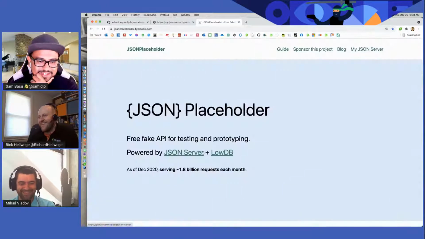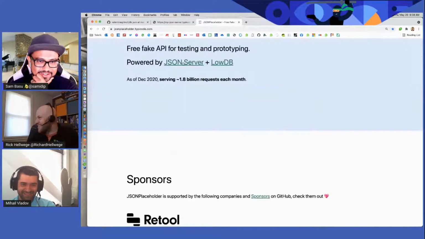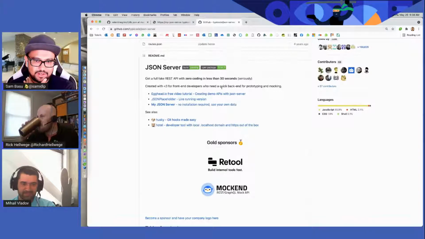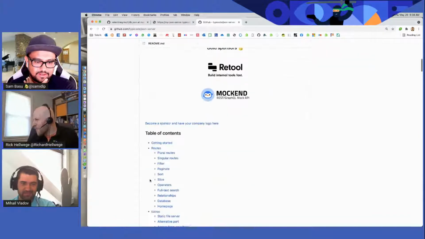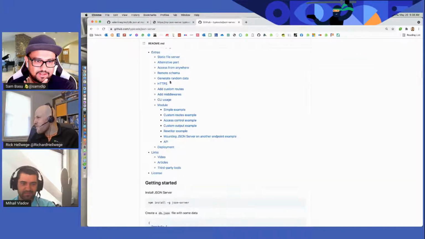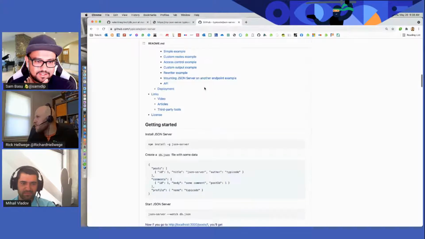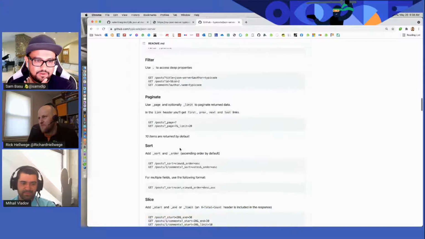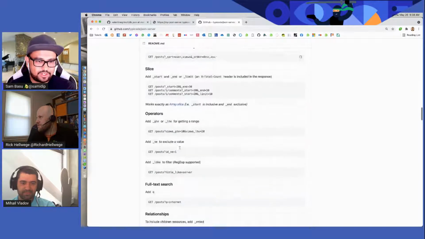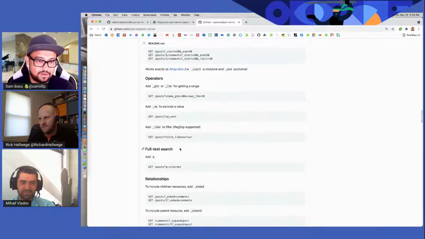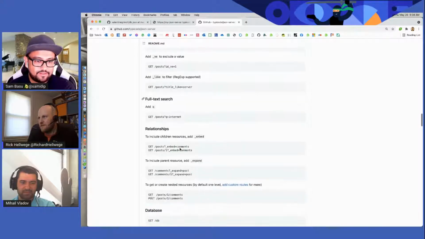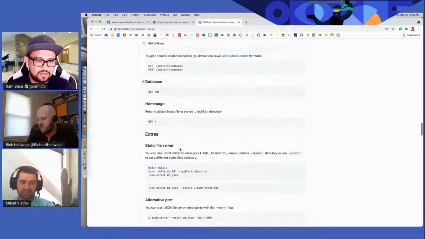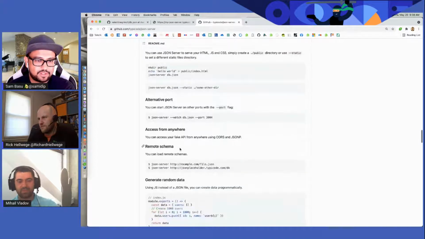Yeah. Let me take a look here. They had said something about how they persist. Let me see. Getting started. Singular, pagination, sort, slice. They have a lot of things built in. Operators, full text search, relationships, extras.